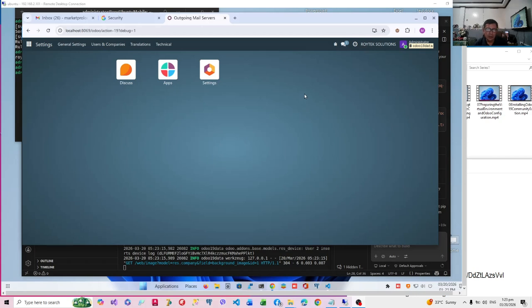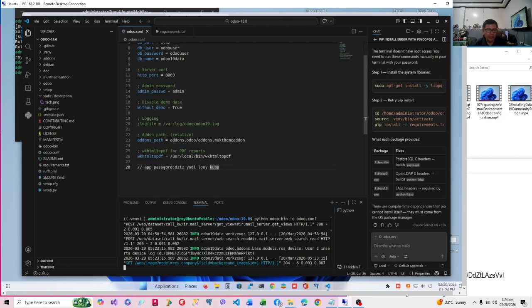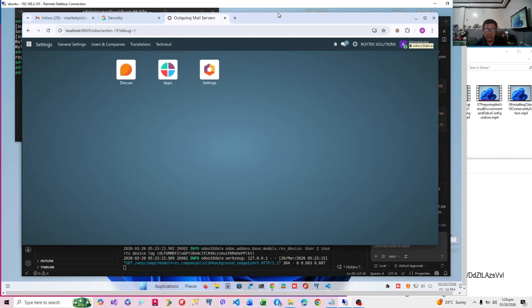In the last video, we went out of Odoo first and went to Gmail to set up our two-step verification, and we generated an app password, which we have installed in our server. So we have it also saved in our odoo.conf. This is a very important process because Gmail will not allow you to use your default password in order to run a third-party app, not unless you're running it on an Android device.